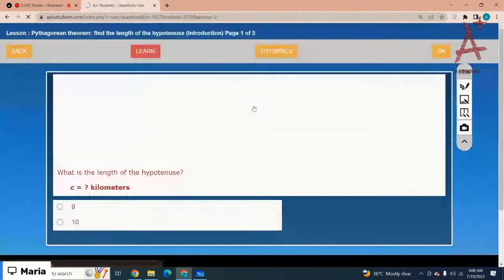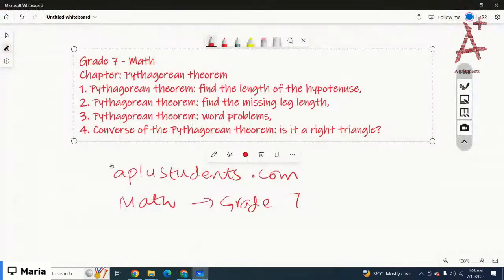Okay, let's start the practice question. You are given a right angle triangle. You are given the lengths of the legs, 6 kilometers and 8 kilometers. You have to find the hypotenuse c. So for a right angle triangle,